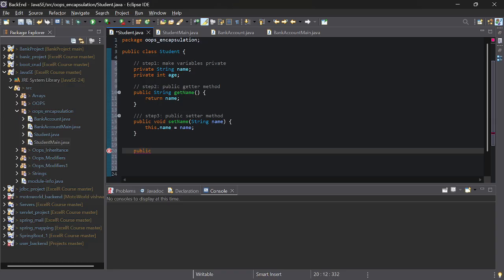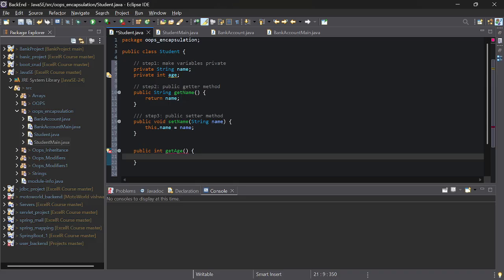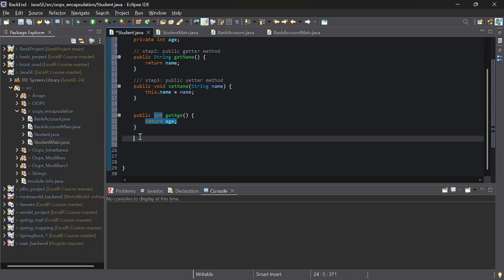Public int, I am creating the getter method. For a getter method the return type has to be the same as the variable, so I am taking int here, and I will name the method getAge, and I have to return something, which is return age. Okay, then I will create